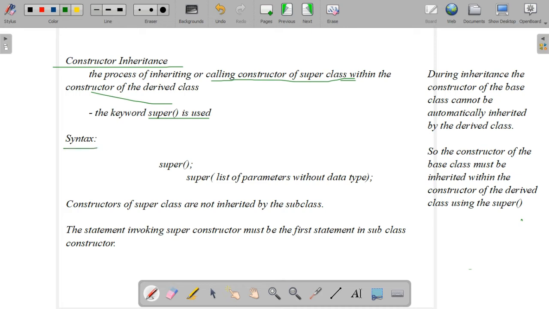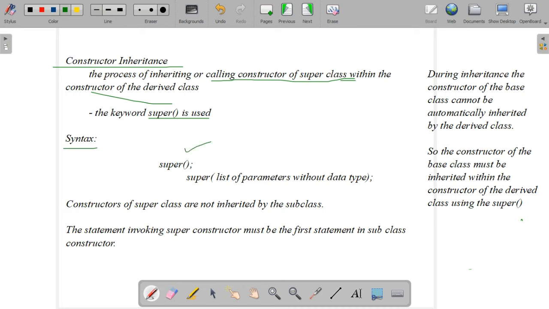Syntax for constructor: when we write a base class, it has a constructor, and when we write a derived class, the derived class also has a constructor. The base class constructor is inherited into the child class constructor by the keyword super or the super method.